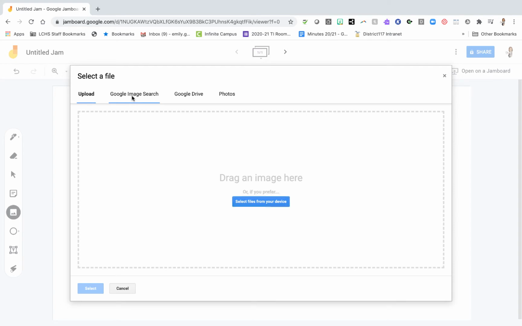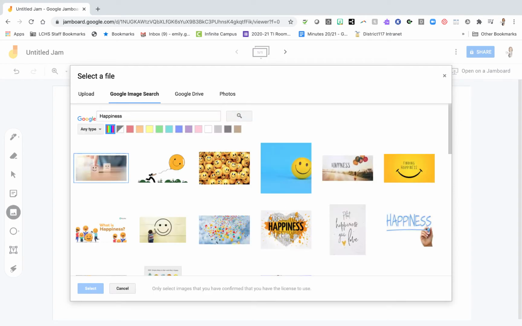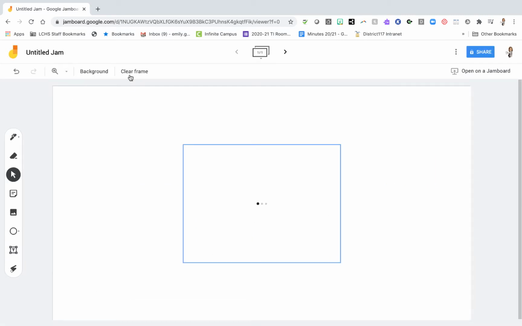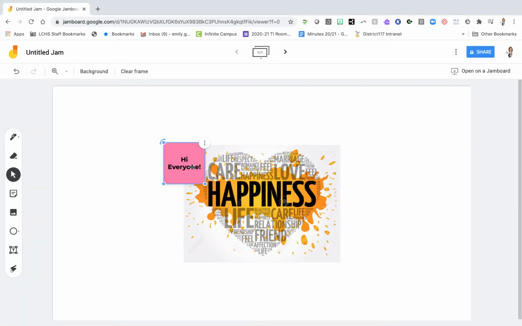When you open up a new Jam, you will have what looks like a clean whiteboard with options down on the left-hand side. If you do not have touchscreen capabilities, you can use the Jamboard to gauge emotions by having the students or the teachers add a meme or a picture to the Jamboard. You can use the sticky note feature to have the class brainstorm, create an affinity map, or use the Jam